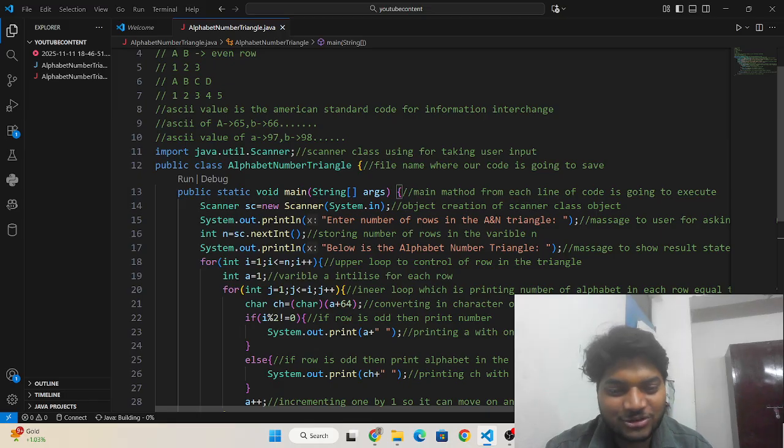Our cursor is not moving right now, so you can leave. Okay, if it moves, I will close it. Where is the cursor? Oh, here.